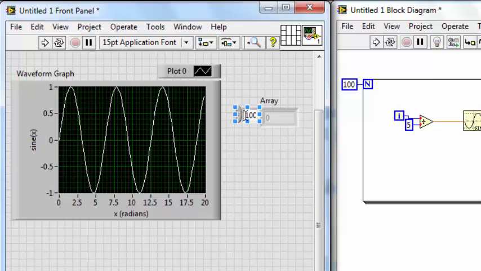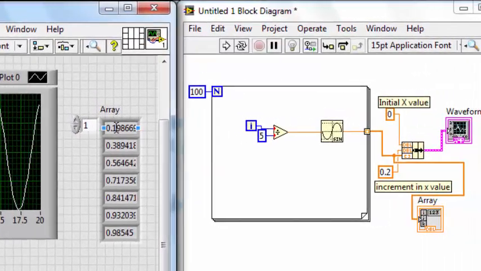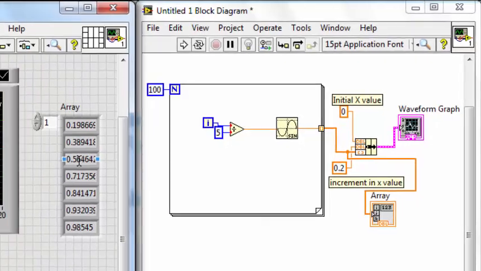If I wanted to see more than one of the elements at a time, all I need to do is, let me go back to my 0th element, which is 0. I can drag down here and increase the size of my array, and I can see more of the values at a given time. And of course I can drag this to be whatever size I want. I can make it even display all 100 elements. If I now increase the value in this indicator, all it's going to do is make the first element that's displayed the first element in the array, then this is the second element, and the third, and so on and so